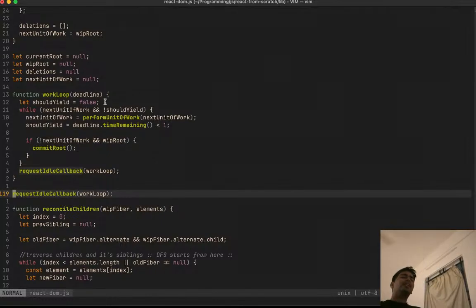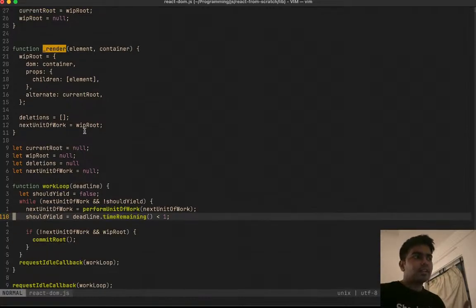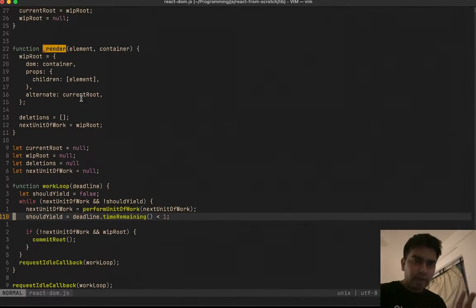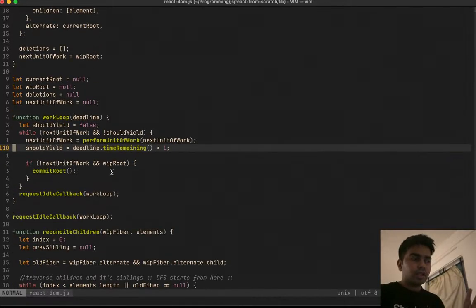So you yield the output, but it doesn't kill the main function. It doesn't restart its whole stack, its local variables, its scope. So there's a boolean flag, should yield, and then we check if we have a next unit of work, which we have defined in render. That means that this exists, and there is some work in progress root, which we have also defined. That means both the conditions are clear, and we can